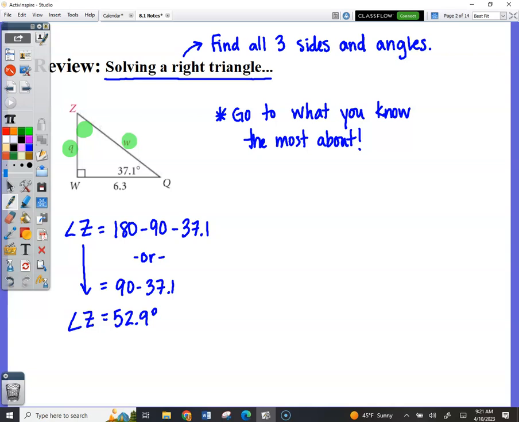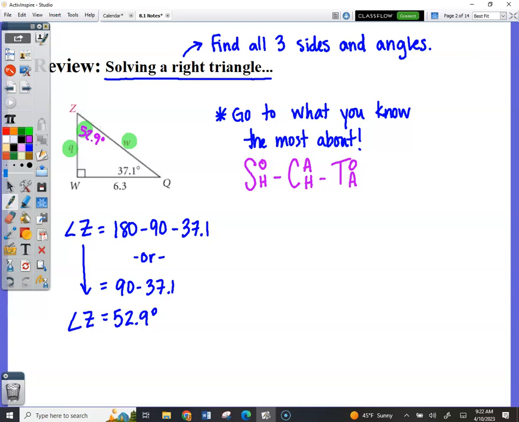To get the missing sides, you have to use trig. This is your geometry trig. Sine is the opposite over hypotenuse. Cosine is adjacent over hypotenuse. And tangent is opposite over adjacent. That stuff comes into play. So I could go ahead and label this as 52.9. If I'm looking for side Q, for instance, if I want to solve for side Q, I need to